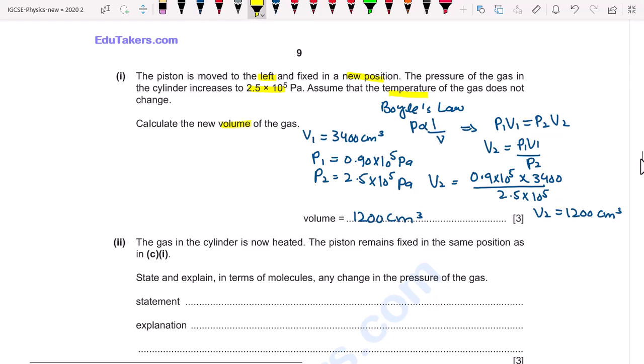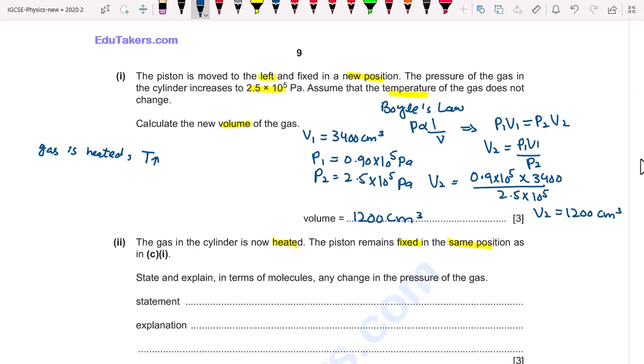Part 2. The gas in the cylinder is now heated. The piston remains fixed in the same position. It means that volume does not change. State and explain in terms of molecules any change in pressure of the gas. So when the gas is heated, but its volume does not change, gas is heated means that we are increasing temperature, and when temperature increases while the volume is kept constant, the gas particles